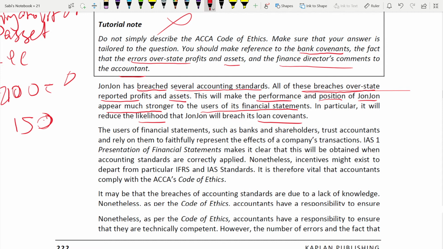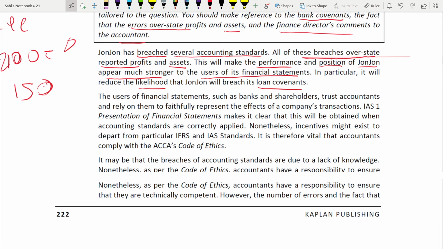Okay. Next paragraph. Leave a line, go to the next paragraph. What is this next paragraph all about? It's about the responsibilities of the company: responsibilities to the shareholders, to the public, to the various stakeholders, to the bank. So the users of the financial statements could be banks in this case, because they have given a debt, a loan.